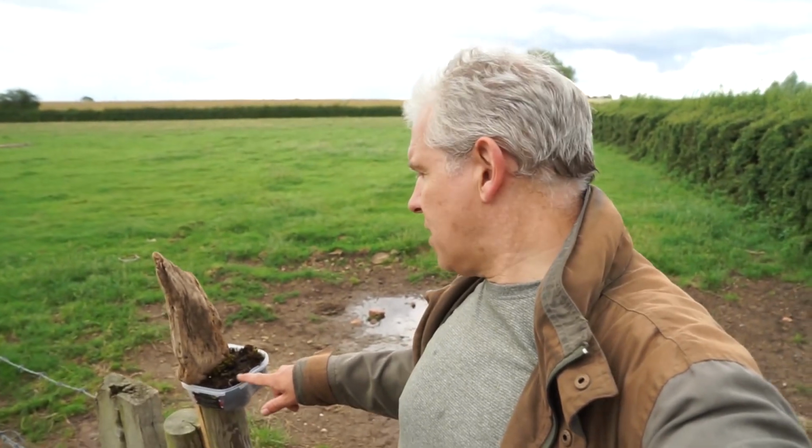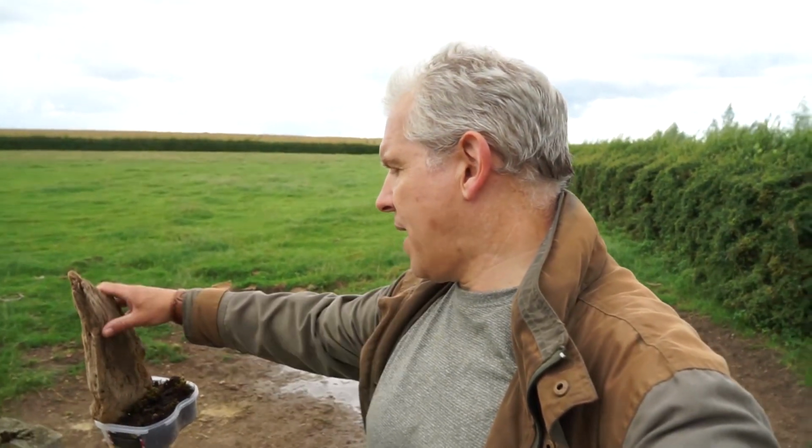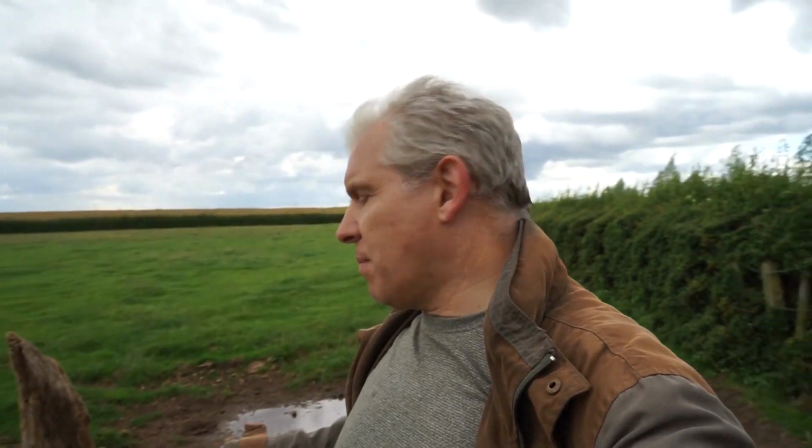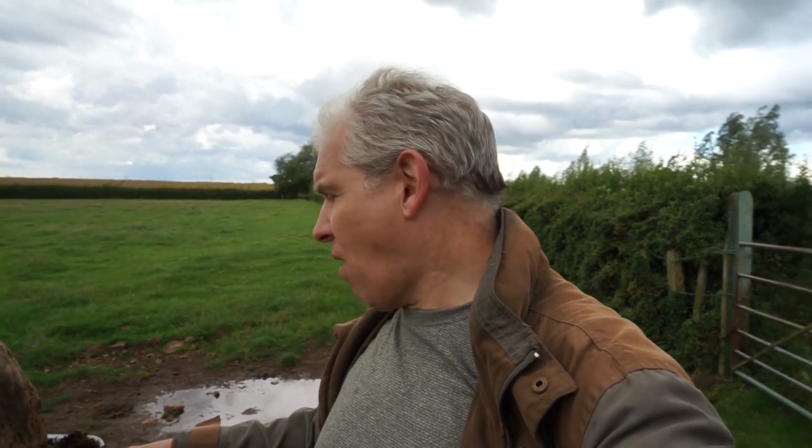But the problem I've got, okay, and if you can see here, this is how I've set the feeder up. This is working fine. I haven't actually attached this yet. It's just resting on the top of this post, and that's because the problem I'm having is this is much too deep. So if I put soil in it, basically the worms within 10 minutes have all buried themselves. So the owl up there is not going to be able to see anything that's worth coming down to pick off. So what I've got to do, I think, is to find some way of making this a lot shallower